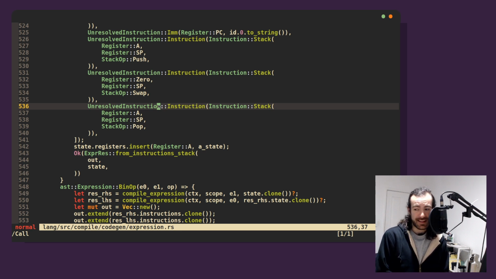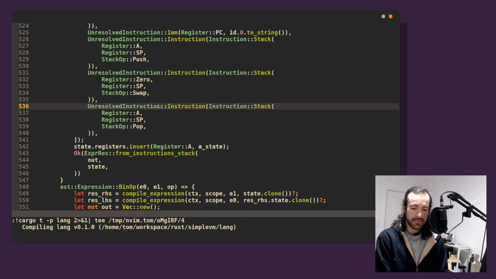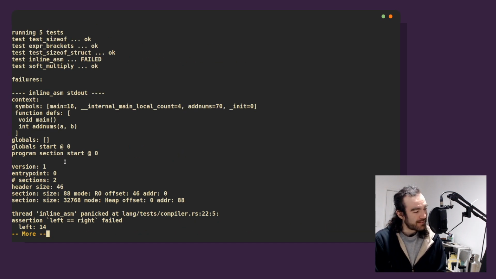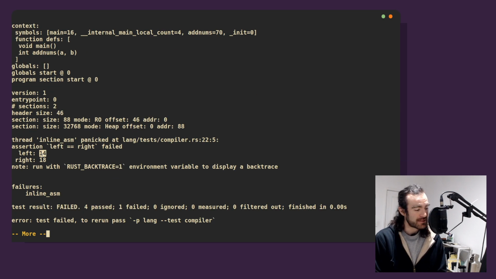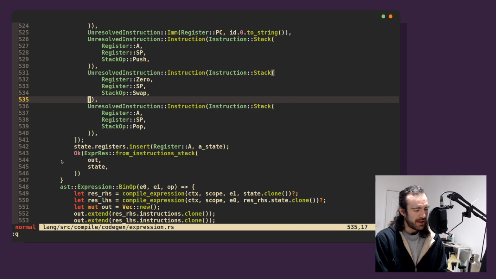That's a thought, right? That's an idea. That's a big idea. And the problem is, when I run my tests, it breaks. And that's not good, right? Bugs are not good. It's not good when your program doesn't have the expected output. And what's even weirder is, this doesn't have the expected output in a test designed for inline assembly, which is not a